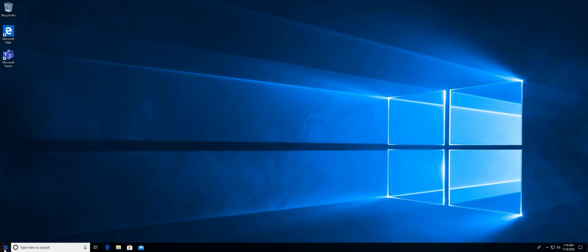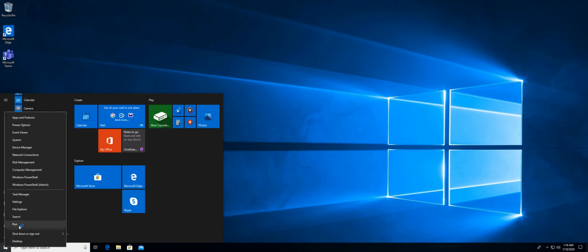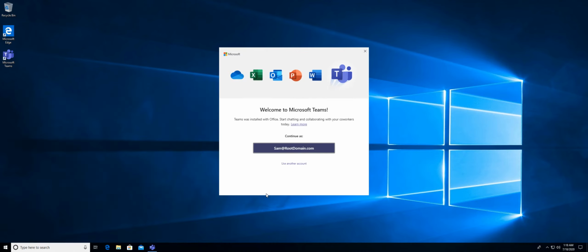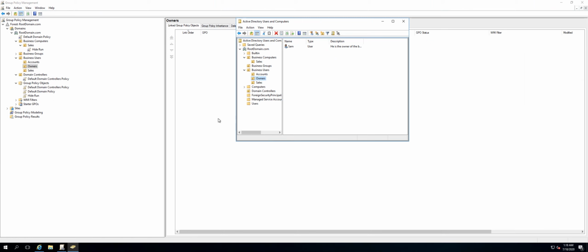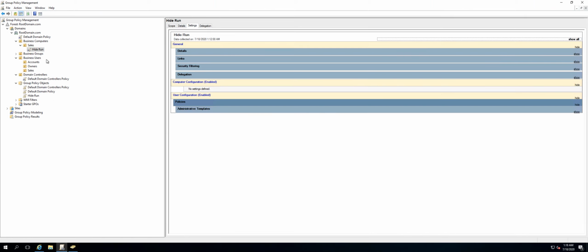Now if we click on the start menu here, by default we don't see a run thing here anymore, and for that we have to do a right click and then we see the option run. Okay, so now what we are going to do, we have already created the GPO to hide run, and where it is applied on a computer OU,